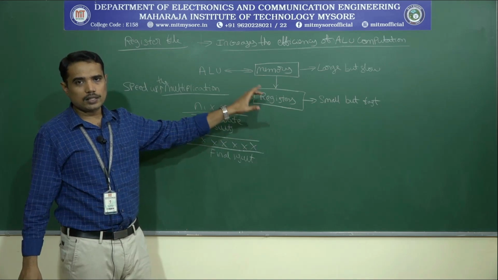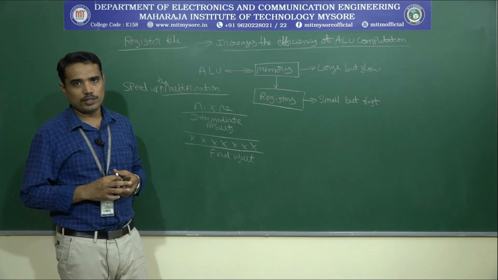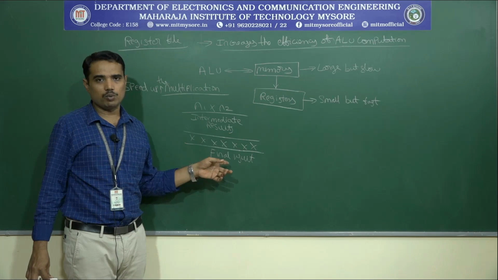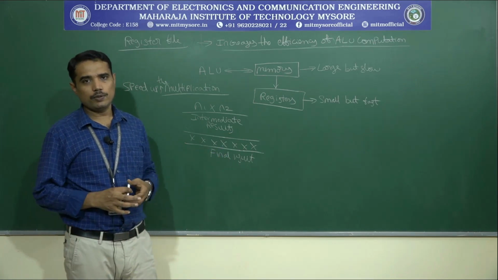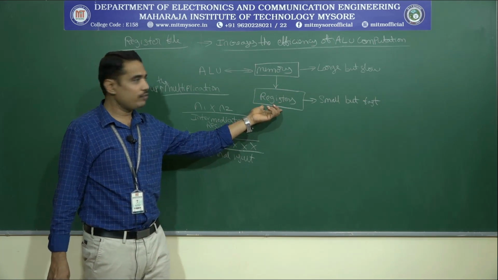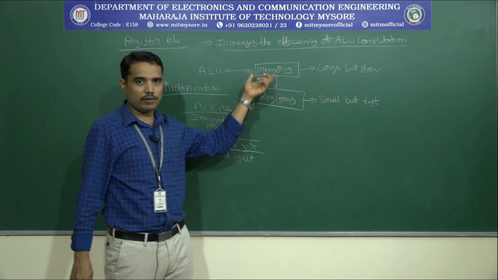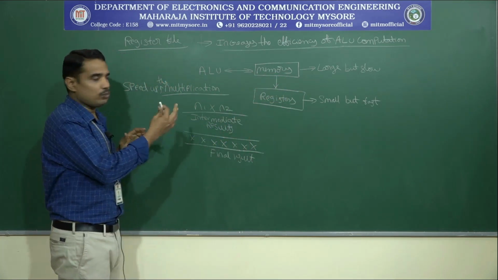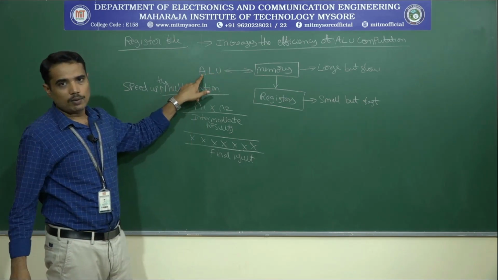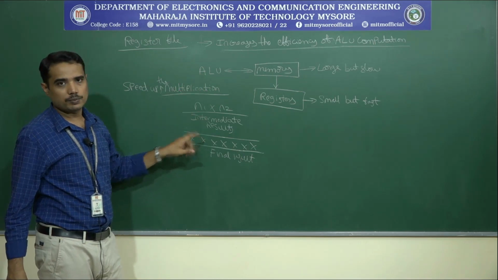If we use larger and larger general purpose registers in our computation, then the result will be made available at the accumulator at a faster time. If these registers are not available, and you use only memory instead of registers, then each and every time the data has to move in and out between the ALU. This consumes more amount of time, thus leading to lesser speed.